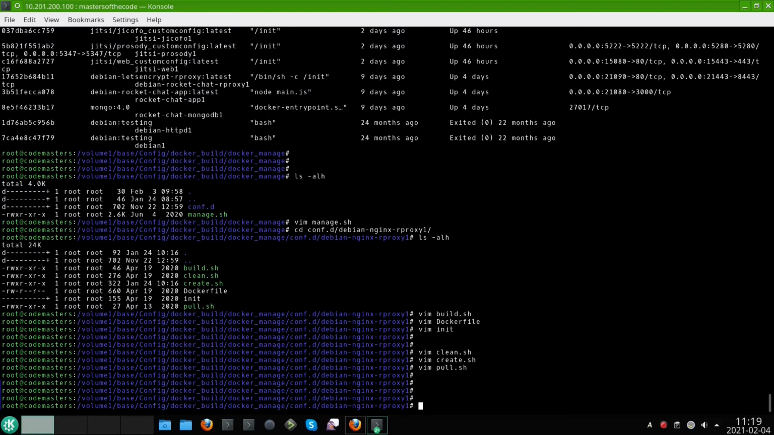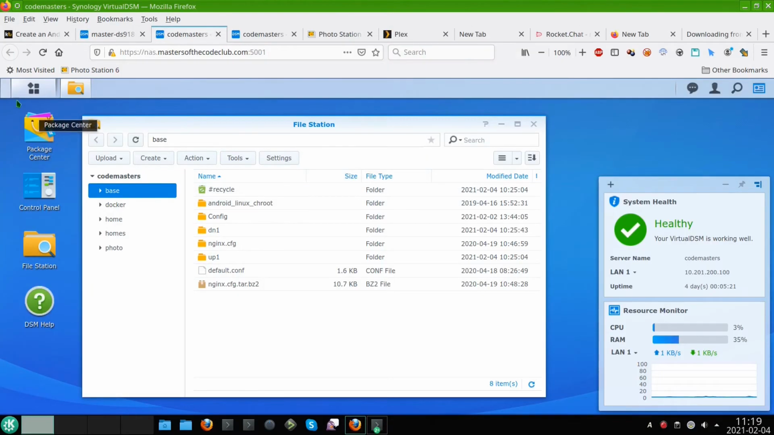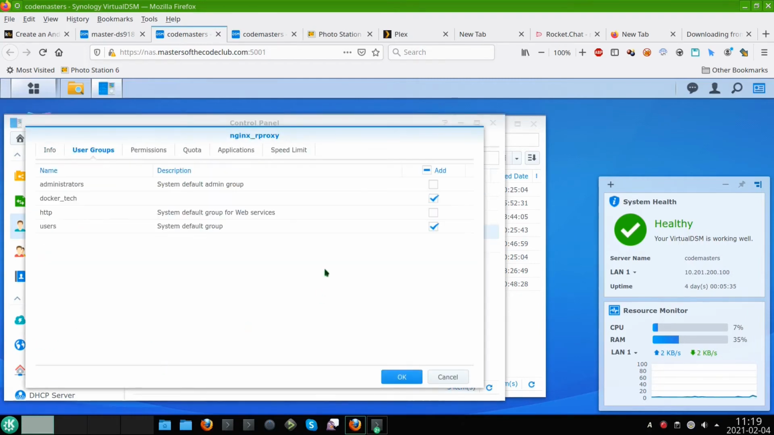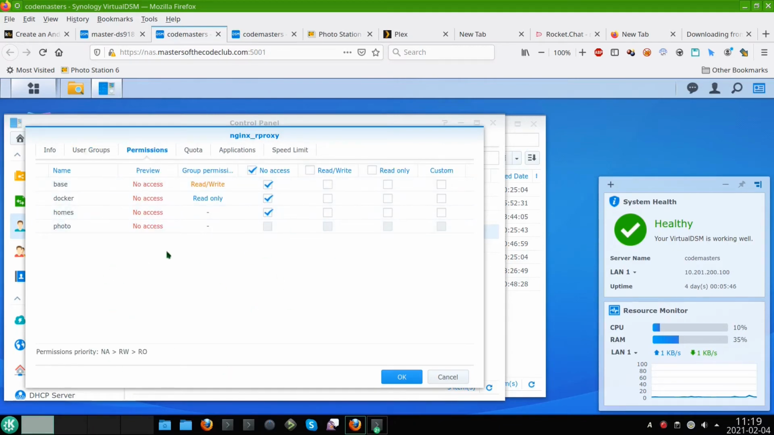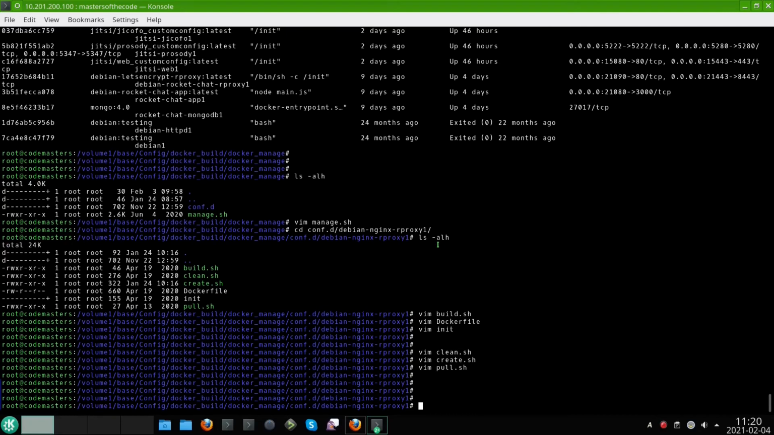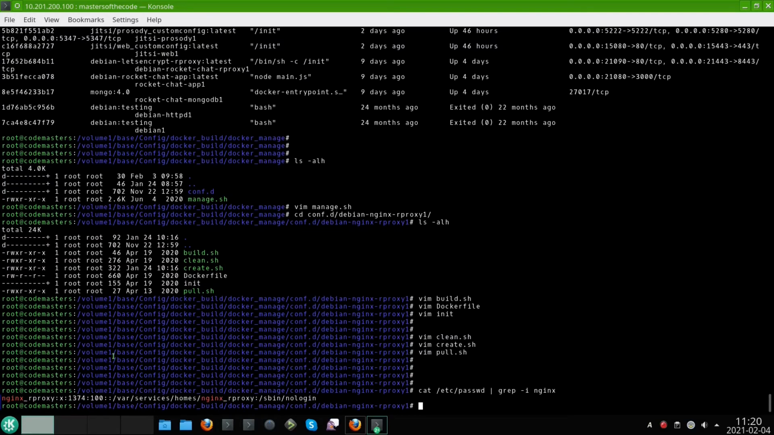Okay, so now let's get back here to the DSM. So I pre-configured this nginx_rproxy user. I've also put it in the docker_tech group, and I gave proper permissions. So I gave no access to all of the resources for that user, and also for the docker_tech group. So here is the user, and under console you can see in /etc/passwd that the user has that UID,